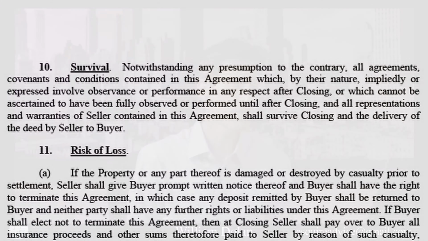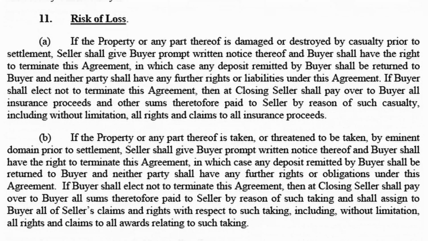All right, so 11, risk of loss. This gets missed in a lot of agreements, but essentially what this says is what I think people would expect the terms to be, but the reality is if you do not include this in the agreement of sale or the conditional sales agreement, then these terms don't apply, right? At common law, as soon as a buyer signed an agreement that gave the buyer the right to buy the property, the risk of loss to that property shifted from the seller to the buyer.